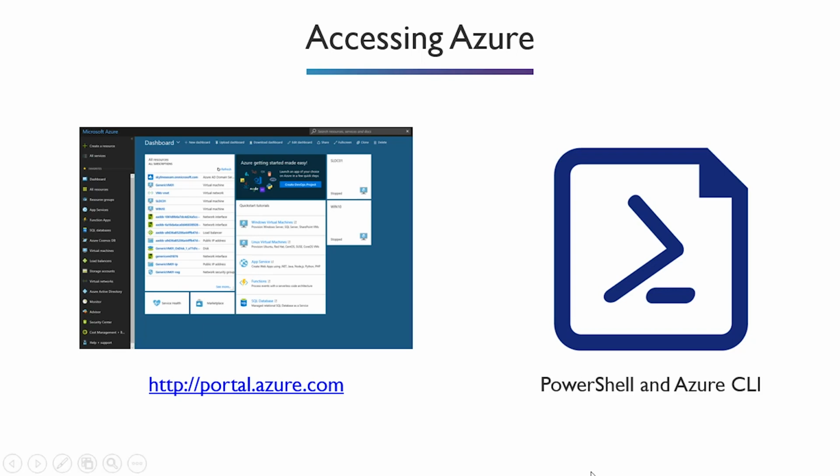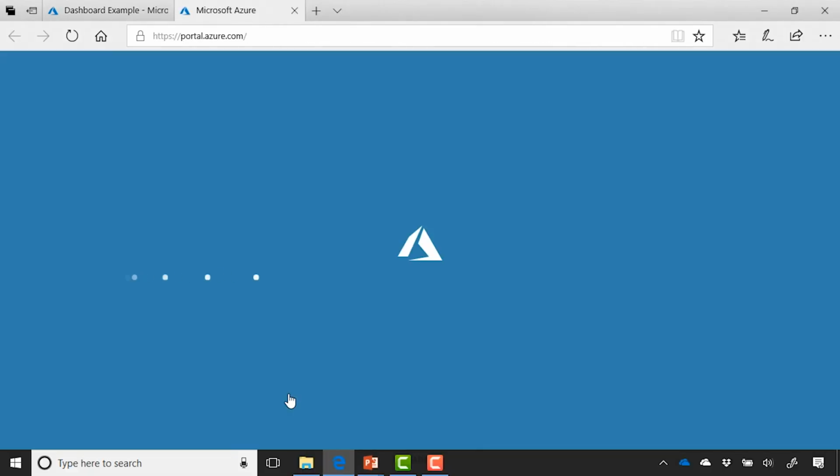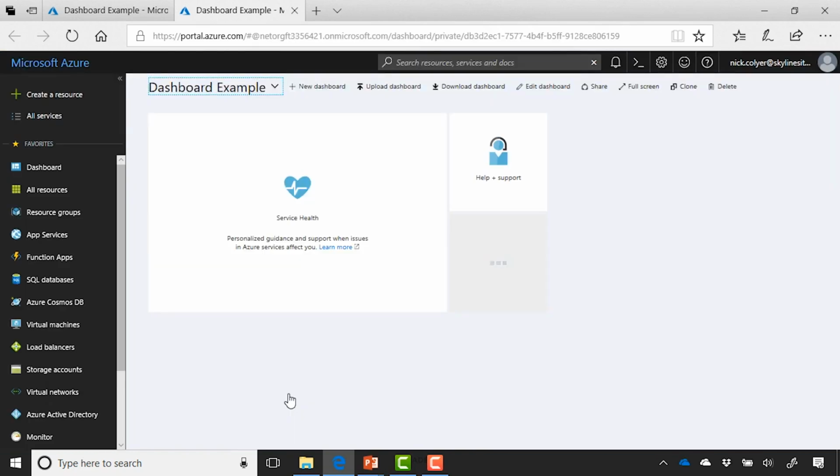But if we just go to the portal very quickly, it's this link, which is portal.azure.com. And if we select it, this will take us to the portal where you'll log in. Again, just make sure you have that trial account already set up, and you'll get a dashboard. Typically when you log in, it'll have a bunch of things on there like services you've deployed, there's help and support tabs,